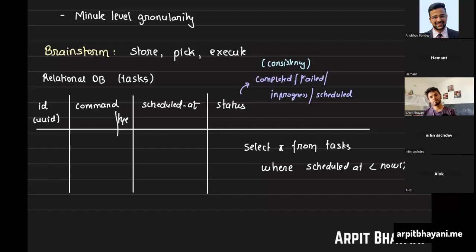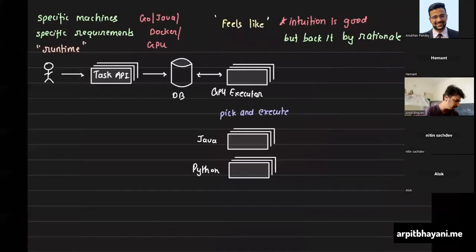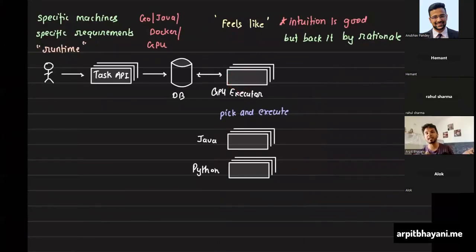So do we want to pick only one task, because this query will select a lot of tasks. Correct. So you need to make things predictable. You need to know exactly how many tasks you are picking. So what would you do? Because this machine is picking and executing. If you pick up 10 tasks and just execute them one by one, that would slow things down, and it might be possible that your machine crashes. You have not even started executing the other 9 tasks, right?